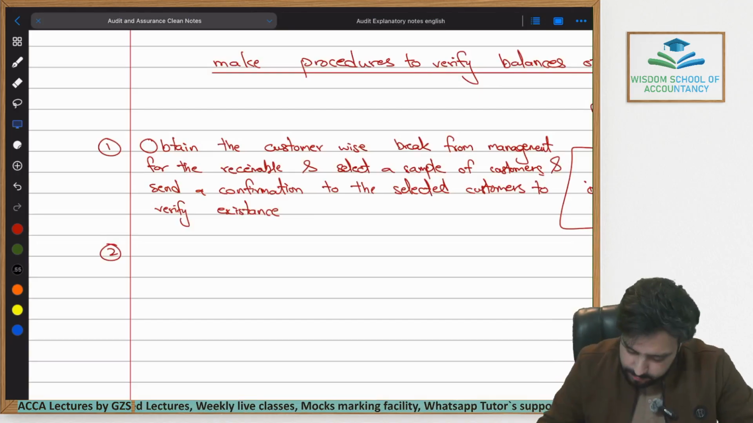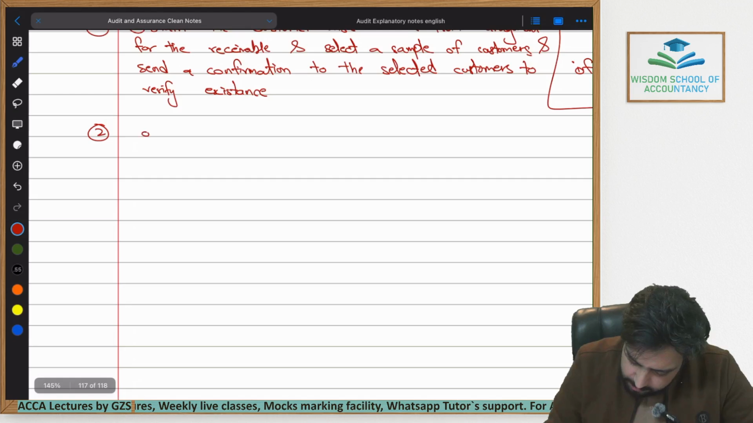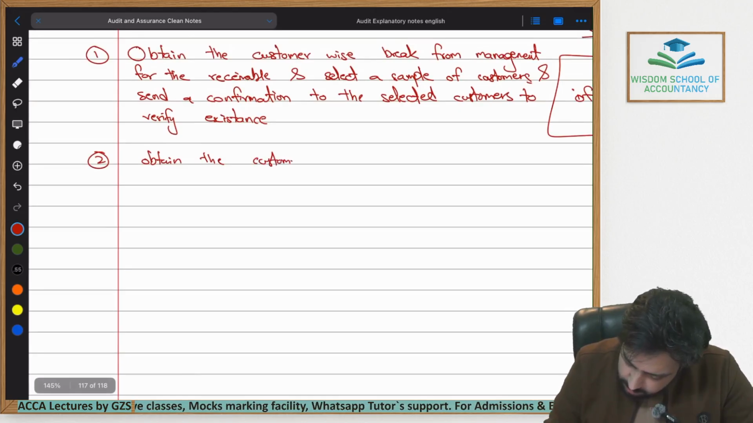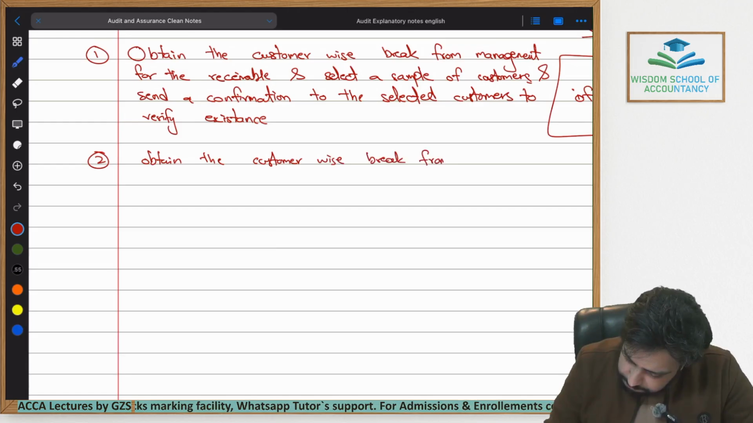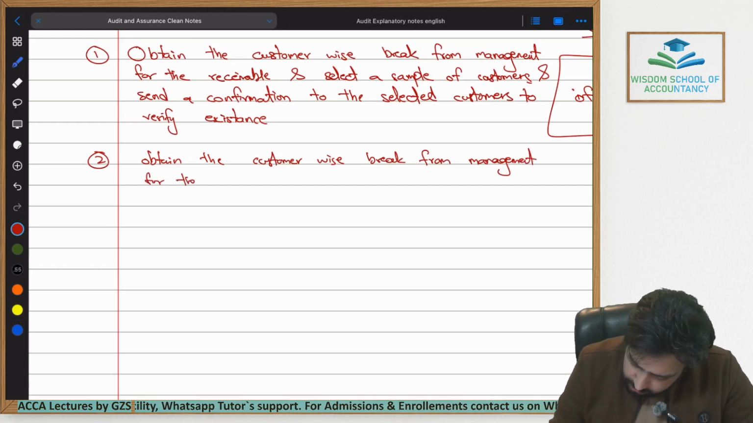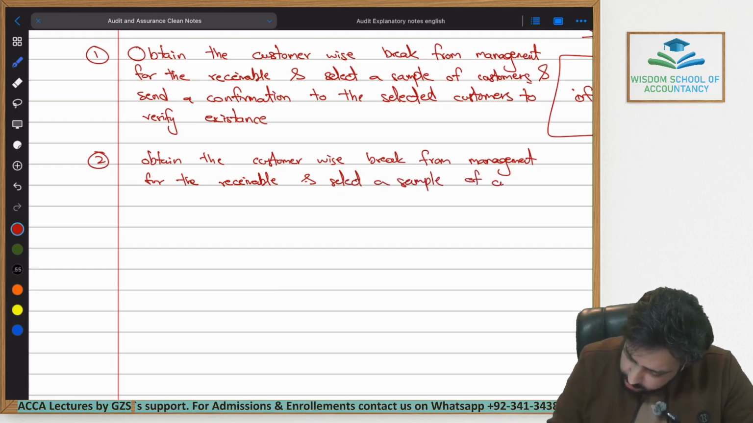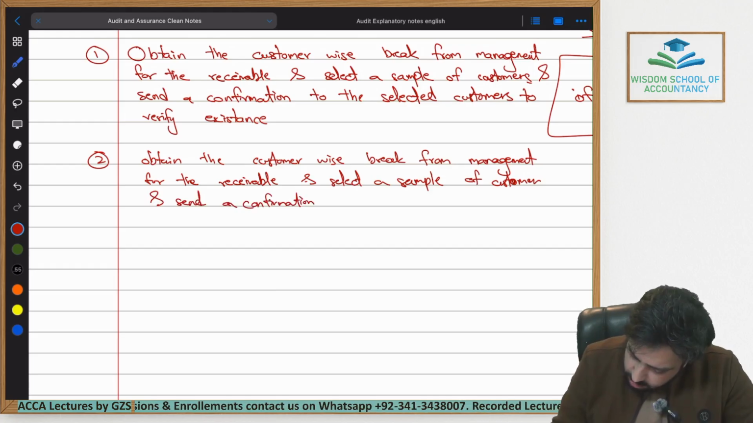Let me write down the second procedure first of all. Again, we will obtain the customer-wise breakup from management for the receivables and select a sample of customers and send a confirmation to the selected customers